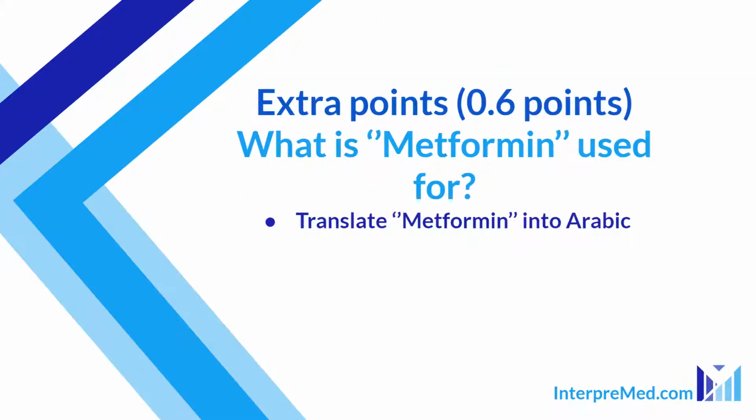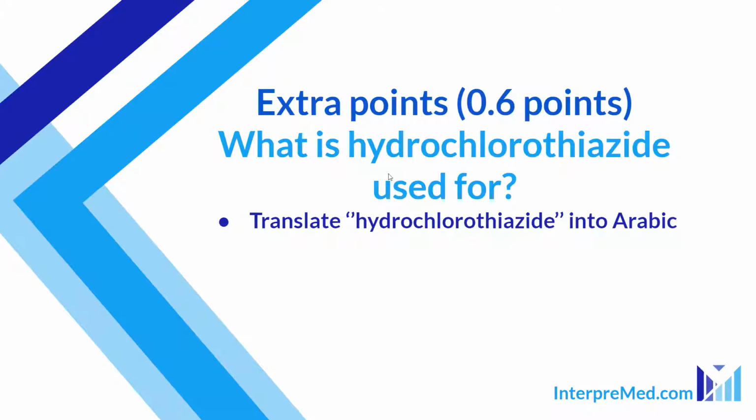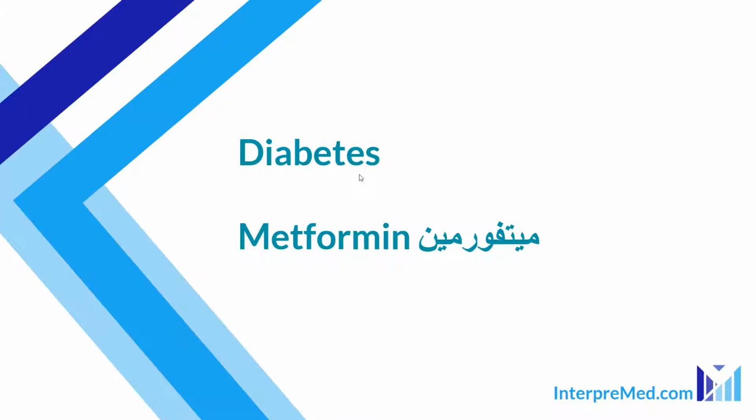What is metformin used for? To treat the glucose in the blood, sugar. What's the name of the disease? Diabetes. Diabetes mellitus. Yes. Okay, so I'm going to give the points to both Salma and Zira because they said it correct. What about O'Day? He's so quiet. I think he knows a lot.